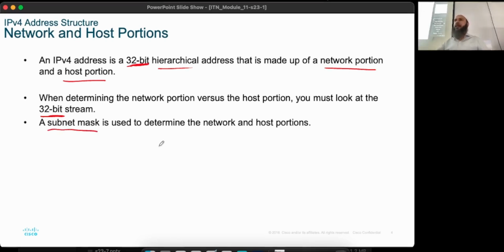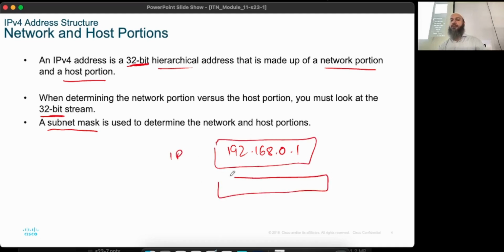You may not remember this, but I'll tell you, when we configured the IP address using DHCP, or even when we did the static IP configuration, we entered 192.168.0.1, for example, for the web server or for the DNS server or DHCP server. When we entered this, we had a box below it. So this was the IP address box. And I told you to click on the box below it, and that automatically populated it with some numbers. I'll tell you what those numbers are. So they were 255.255.255.0. Okay, this thing is the subnet mask.